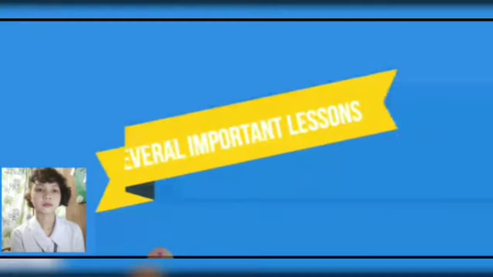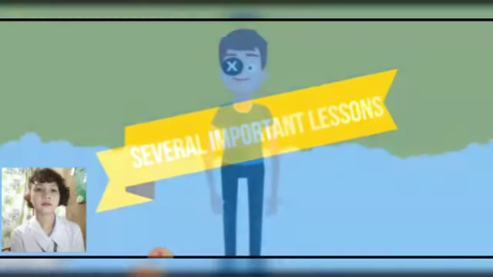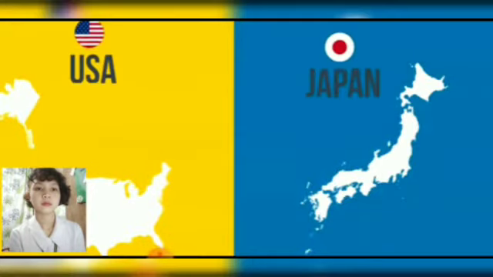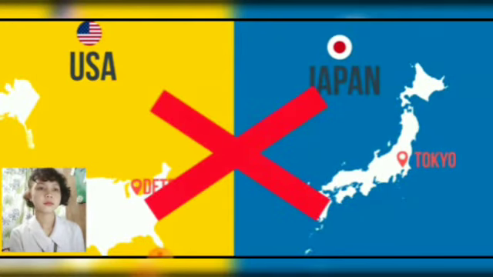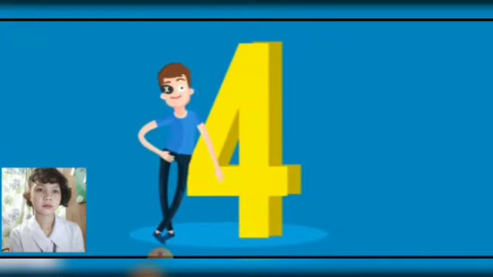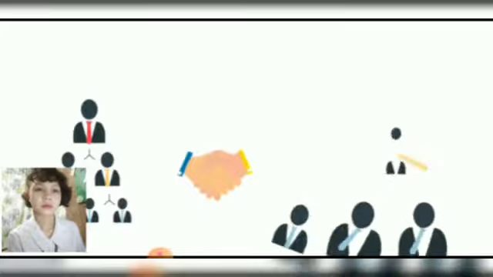Several important lessons come from the story of Bob Kearns. First of all, small-time inventors can make significant contributions to technology. You don't have to be a Detroit or Tokyo-based conglomerate to invent something valuable. Second, even simple inventions can be important contributions. Bob's windshield timer reportedly only had 4 components. It was almost a trivial technical breakthrough, yet no less useful. Finally, patents level the playing field somewhat for small inventors when dealing with large companies. Is it difficult to enforce patents against mega companies? Yes, but the damage awards from large companies can also be disproportionately large.